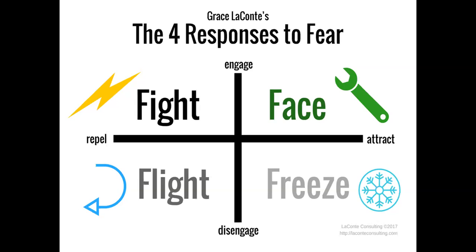And then we have freeze, and I like to add another phrase to this, which is fawn, as in a deer. Fawn is we're just complying. We don't have the option to fight or flight or face. We're just complying with what is going on. Here, we might be shutting down. And this is where we might be justifying our reactions and rationalizing why we might be responding this way.